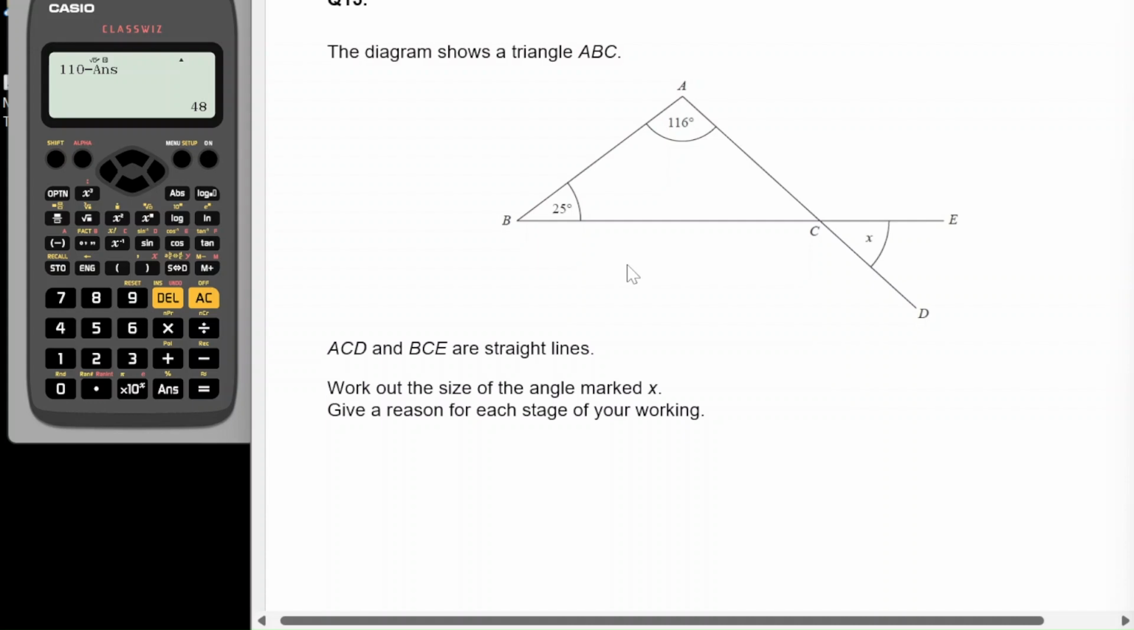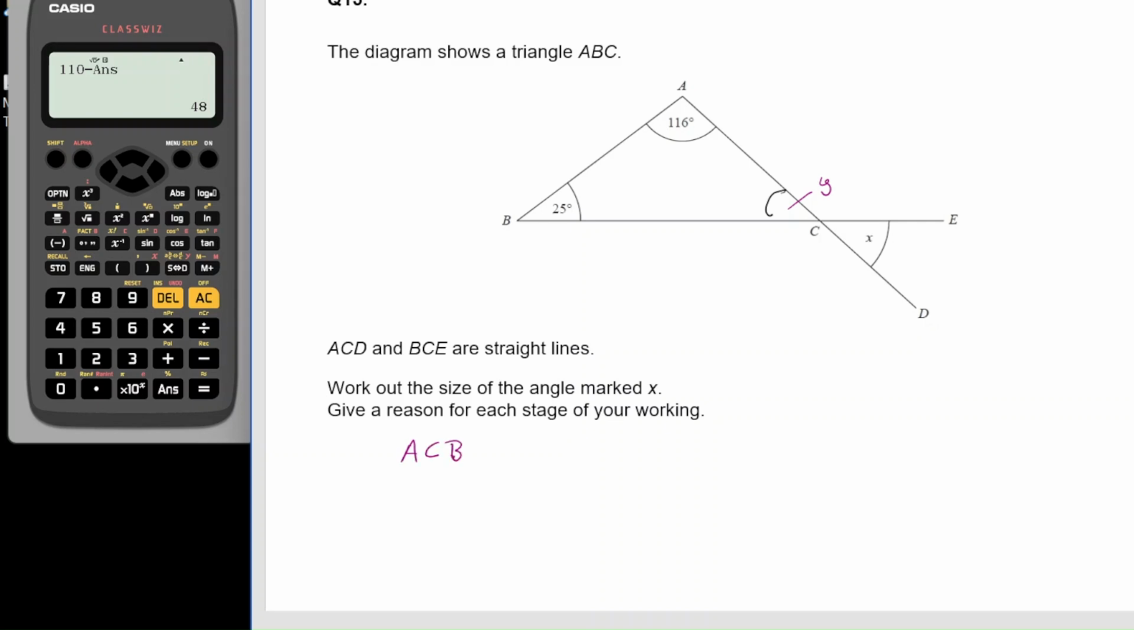Question 15. The diagram shows a triangle ABC. A, C, D and B, C, E are straight lines. Work out the size of the angle marked with the X, giving a reason for each stage of your working. Okay, so I'm going to work out this angle first of all. I'll call it Y for now, but my proper notation should be calling it ACB. So ACB is equal to